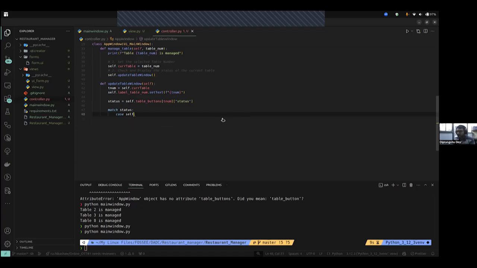So case table status dot available. So this is similar to your switch case, right? So what normally you would write is switch, your variable name, and then case, the variable result, and the function that you would execute. So in this case, self dot set text, available, and